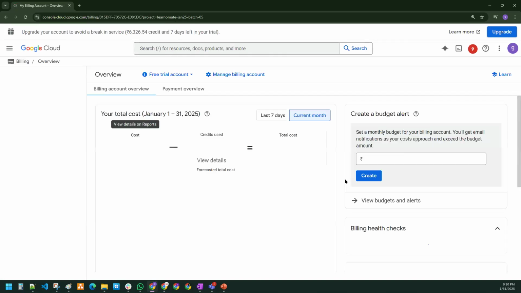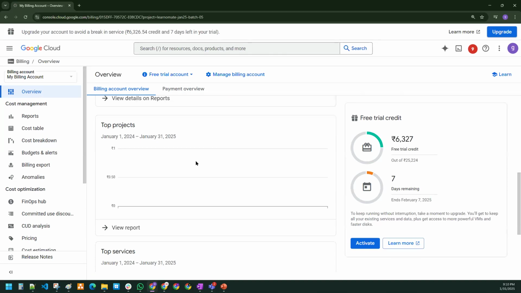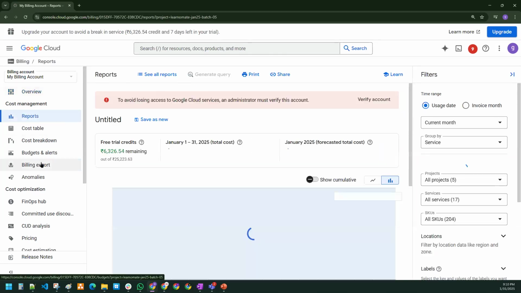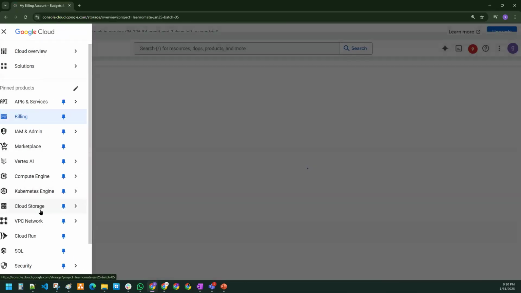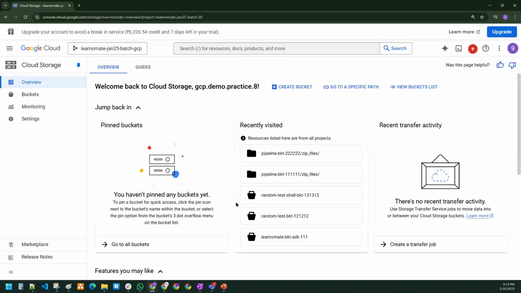It is providing you the graphical interface you see here. I can see the bills and how much money is left, or I can create a report out of it, or create budget alerts, whatever it is. For example, I wanted to work with cloud storage. I wanted to store some kind of data, right? If you wanted to store some kind of data, you can just